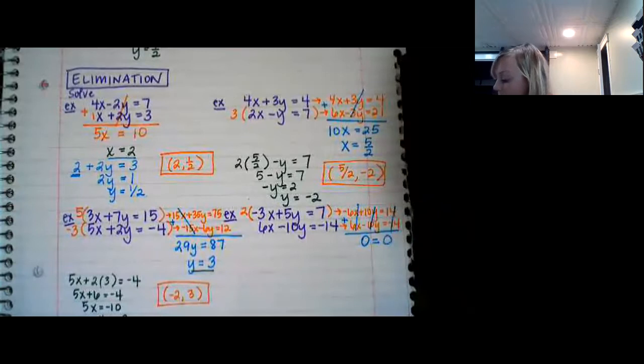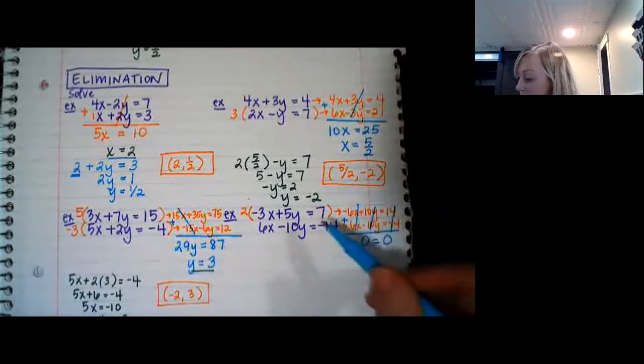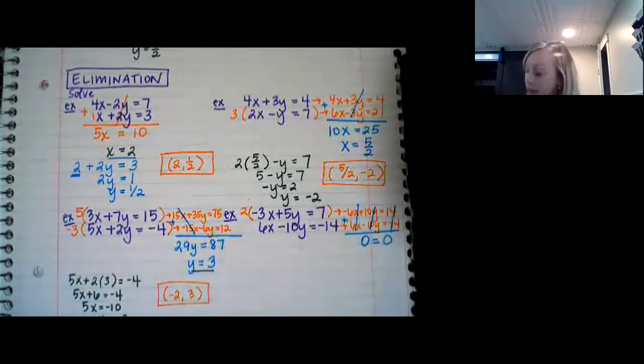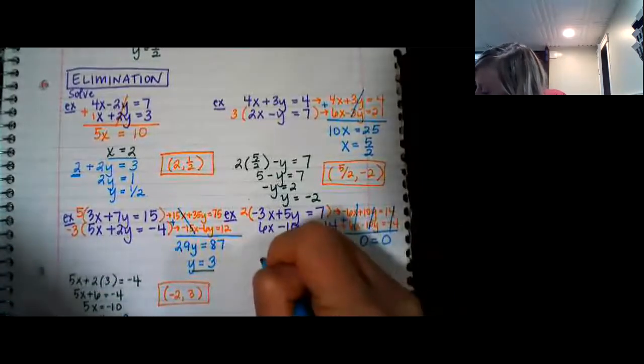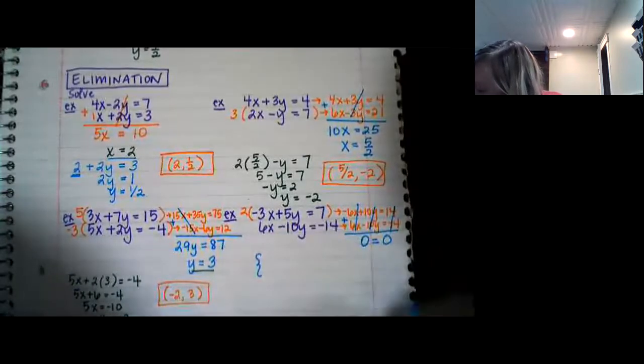So this means that there are infinitely many solutions, because really what this means is this is that example that we did in our graphing day, that these are actually the same line. Okay, so if I were to graph them, it would be the same line. So what points do they have in common? All of them. So to write this, my infinitely many solutions, we have a fun little set notation here